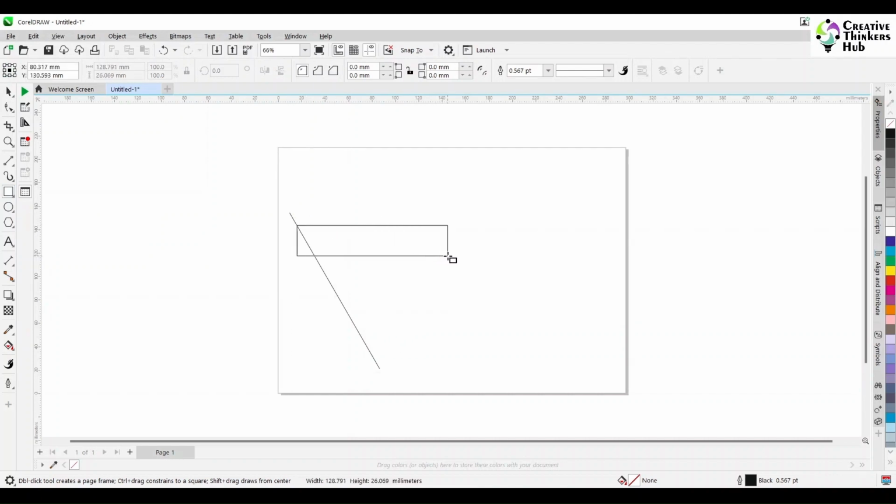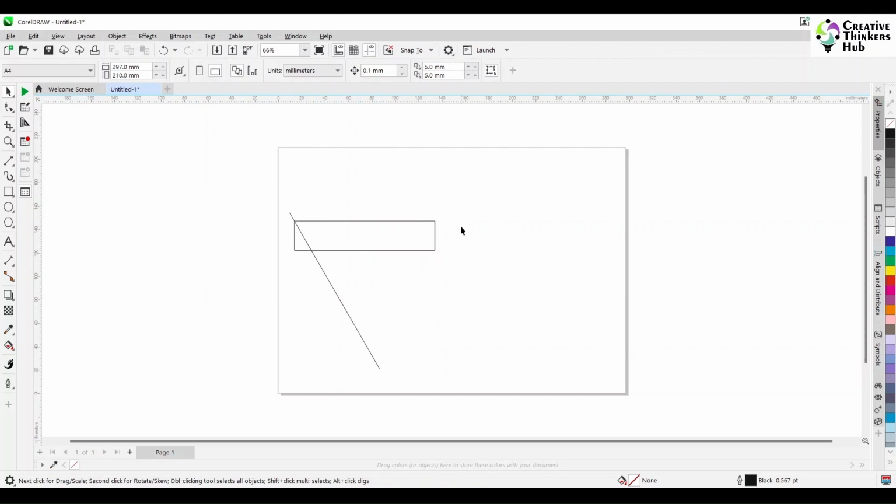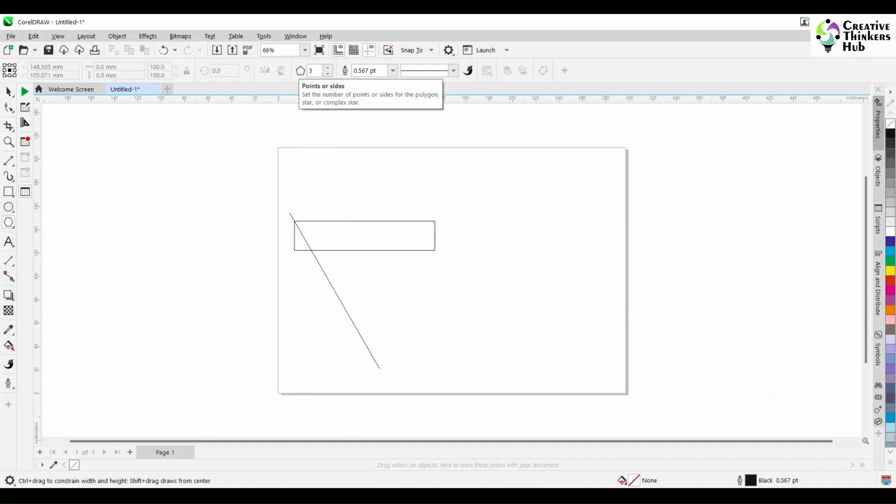From the line, we make this rectangle which is 120 by, let's unlock this and make it 25. So this is our rectangle. Now we put it on the edge, and now we are going to make a triangle in that direction. So for that we take our polygon tool, put it at 3 points, make a triangle,